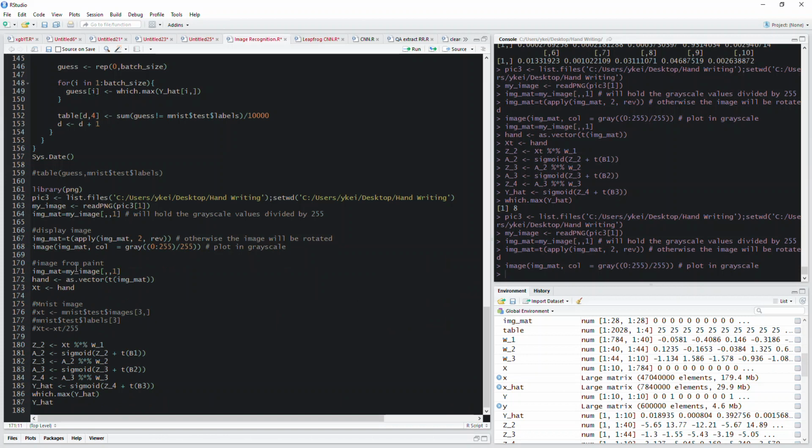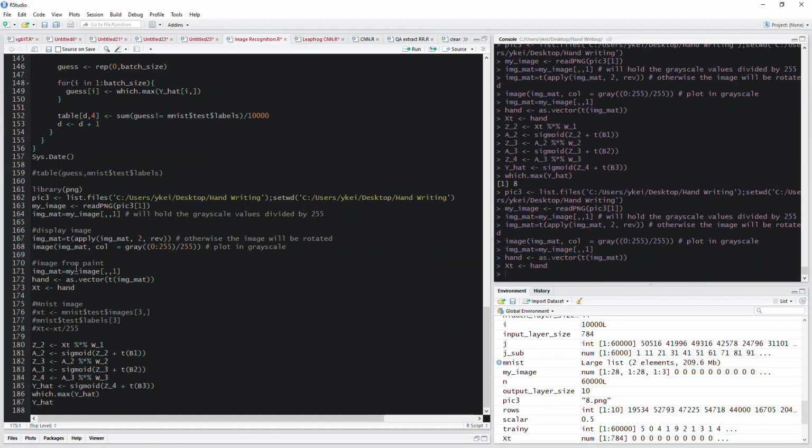And now I'm going to convert the image first into a matrix, with each entry being a number between 1 and 255. You can either divide the numbers by 255 to standardize them, or I think this package is also dividing by 255 by default, so I don't need to divide it again. But